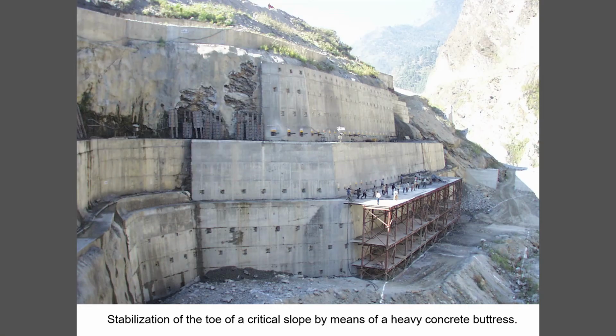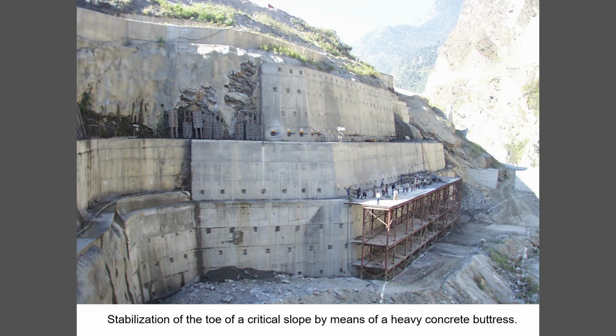There are cases where it becomes essential to control the stability of a large slope. You don't have the option. This is an outlet to a power tunnel, and so that profile has to be maintained. In this case, it's a granitic slope with good rock behind you, but many failure planes. And so it was decided to stabilize the slope with a heavy concrete buttress and cables drilled into it.